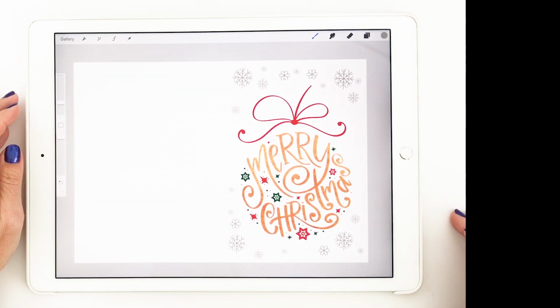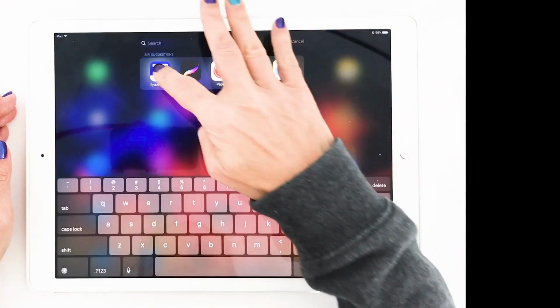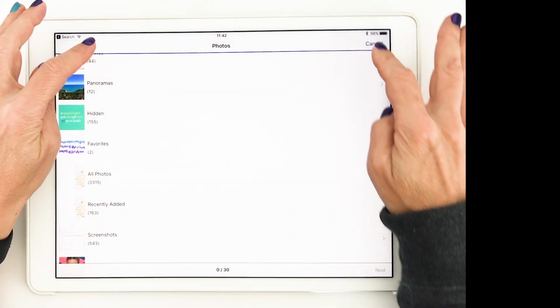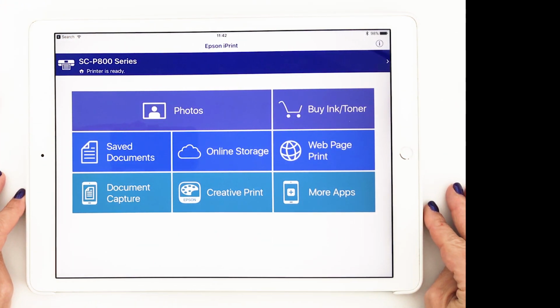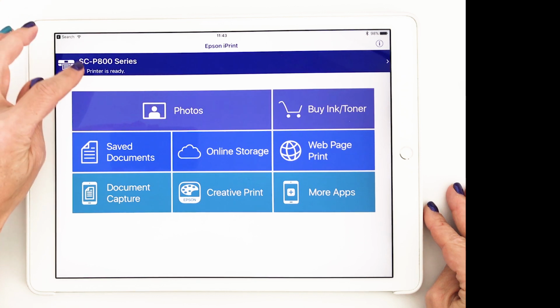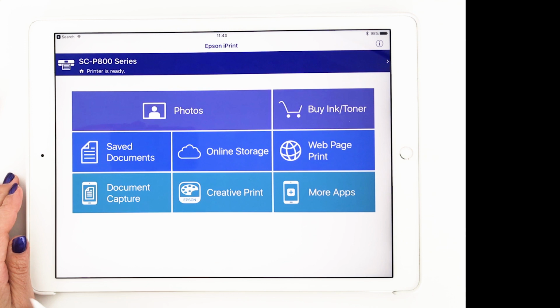Right, so the next step is we are going to print it. Depending on the printer, you might have a different version of the software on your iPad. The printer that I'm using is an Epson printer, and it comes with software. So now I'm going to select the Epson iPrint software, and this is what it looks like. And the first thing I'm going to do is switch on the printer. The printer tells me it's ready. Here you can see it's an SCP-800 printer,